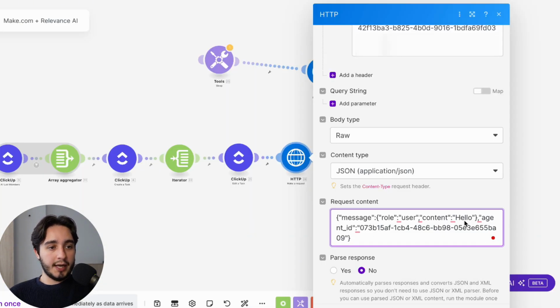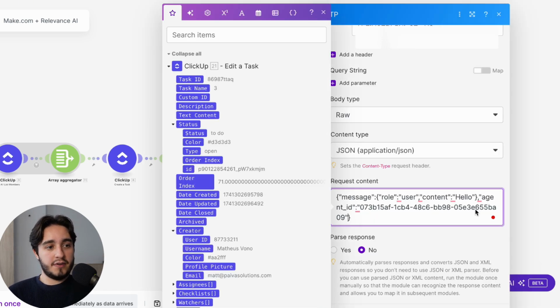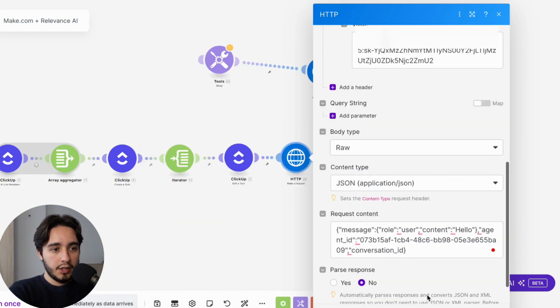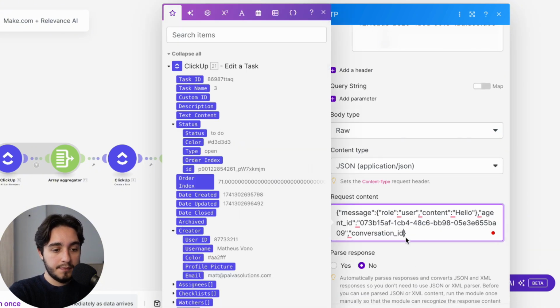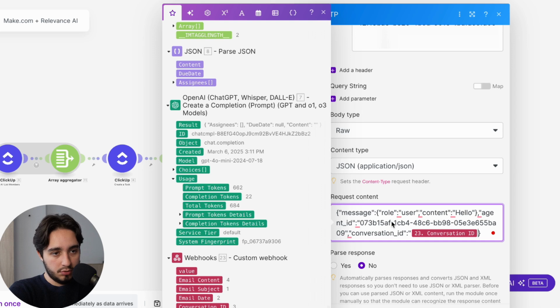Now at this point, we're gonna have to change a few things. So the first thing that we're gonna change is that we're gonna add that conversation ID over here. So at the very end of this portion, when it says agent ID, you're just going to include a comma and then quotations. And here you're going to say conversation ID, like this. Quotations again, the little 2 dots, quotations again. And then from here, we're going to select our input over here called conversation ID, quotations,